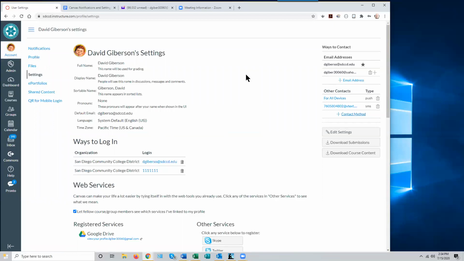That's something that is set up automatically when you load the Canvas teacher or student app on your smartphone or tablet, and then log into Canvas using that app. That then notifies Canvas that you are using one of the Canvas mobile apps, and you can have Canvas send you alerts via the app